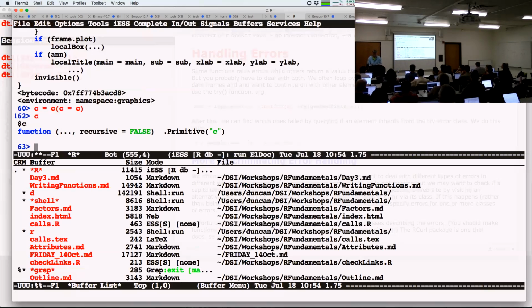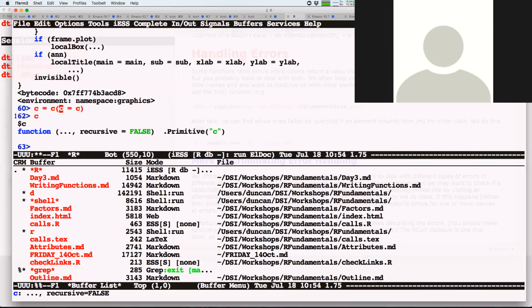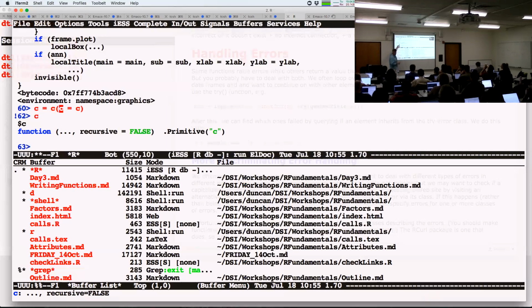Yeah. Does it do partial name matching on this first C that I didn't write down? Partial name matching, it will first of all do full name matching. So this is the function, this is the definition that it actually finds. It finds C, okay? And if you wanted to, I could just say debug a call to lowercase c, and we'd actually be in there and we'd see what goes on. I can also do match.call here with C as the thing I'm trying to match against, and this is the call. So it does full name matching.